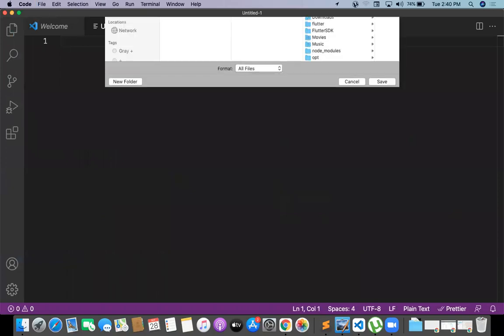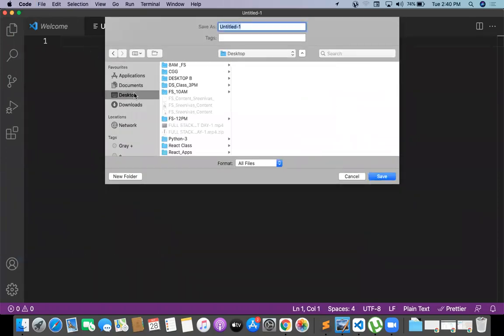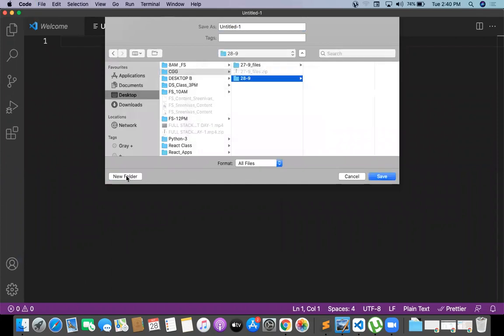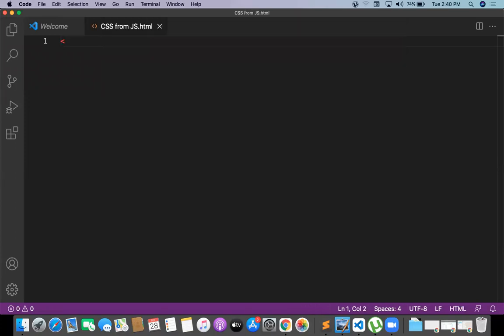So save it as, and this will be the CSS file. In the folder, I'm going to create a new folder 28 by 9. Inside the 28 by 9, I want to give the application name, CSS from js.html. Okay, let me write first H1. H1 I'm taking. This will be the web development.